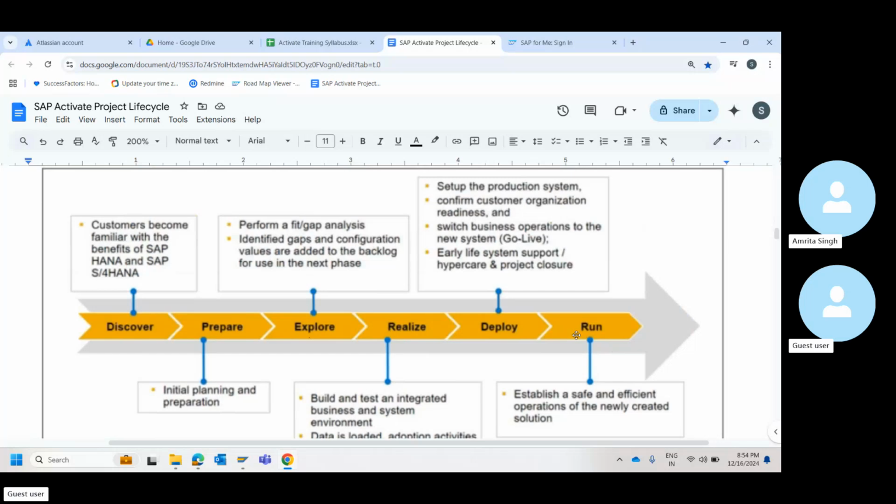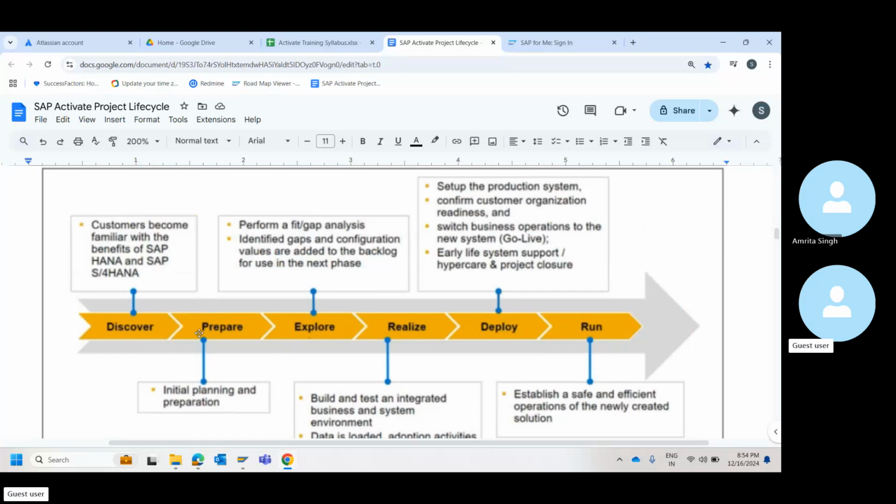You assign consultants, then you have change requests. All these are very generic: major change, minor change, mini projects. All of this forms part of run, the operational tasks.